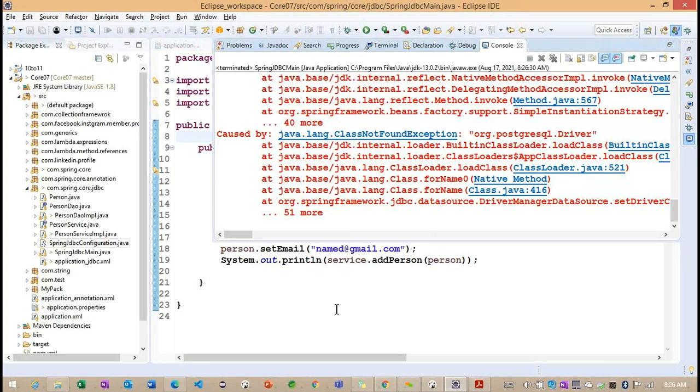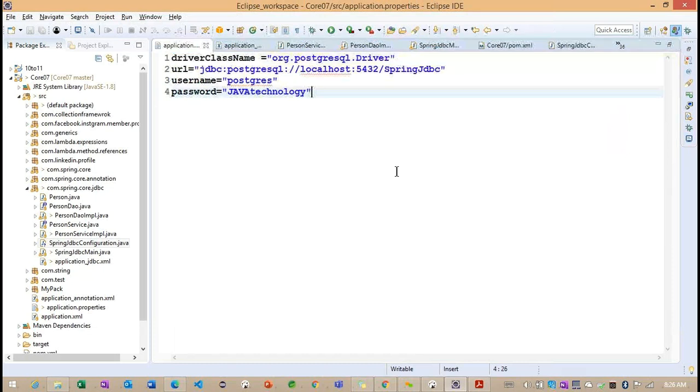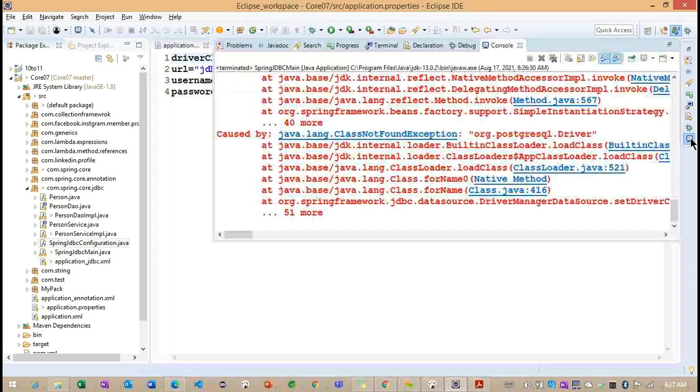Oh, class not found. org.postgresql.Driver. So did we miss anything here? Okay, so maybe the JDBC class, like the driver class name, is not being found, I think. org.postgresql.Driver, this only we used here.